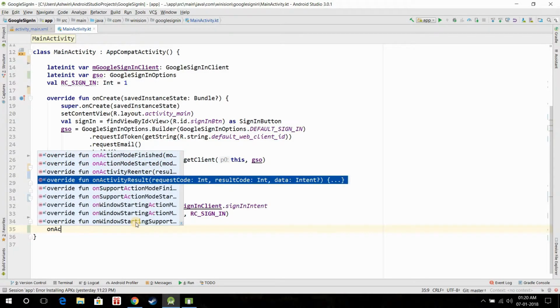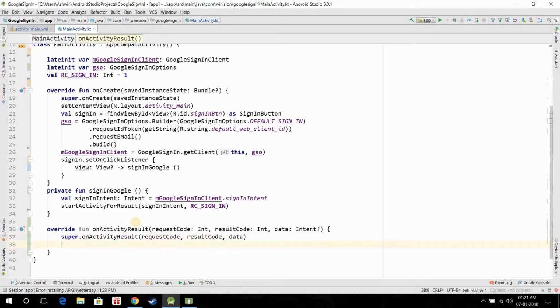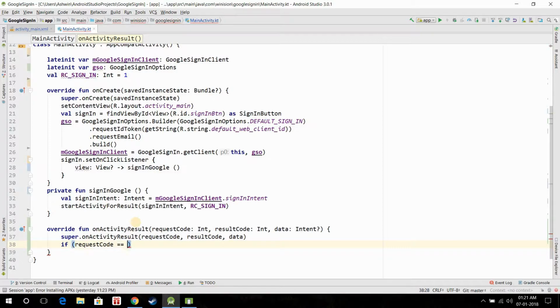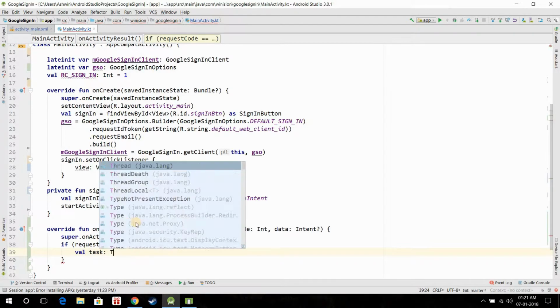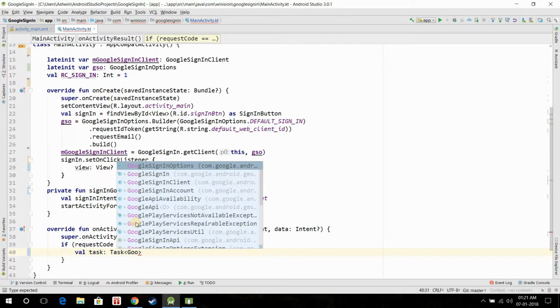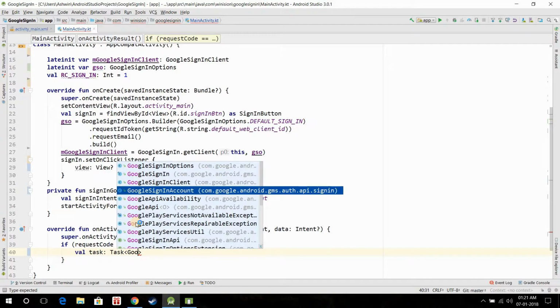Then we're gonna start a method called on activity result. Inside this method I'm gonna write an if statement and compare my request code with this rc sign in. So if these two are equal, that means something's gonna happen when the user has selected his account, and we're gonna log him into his account using his Google account. Then we're gonna create a value called task, which is of type Google